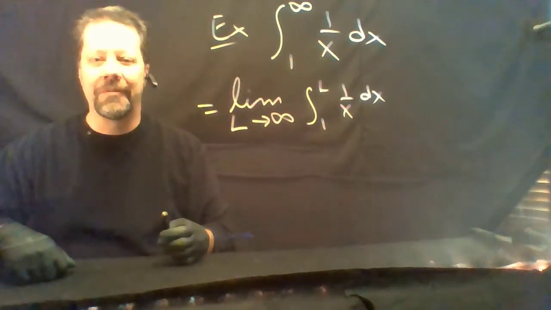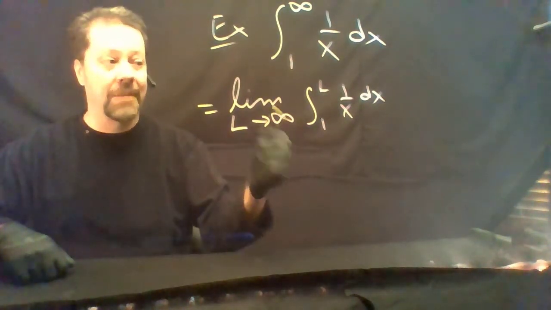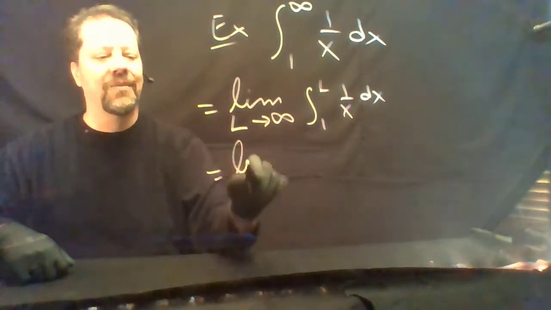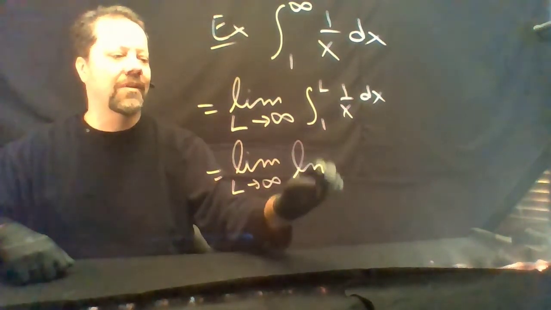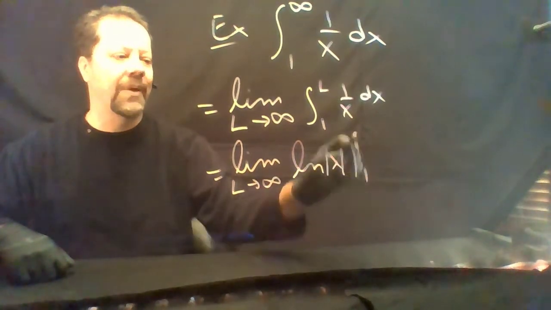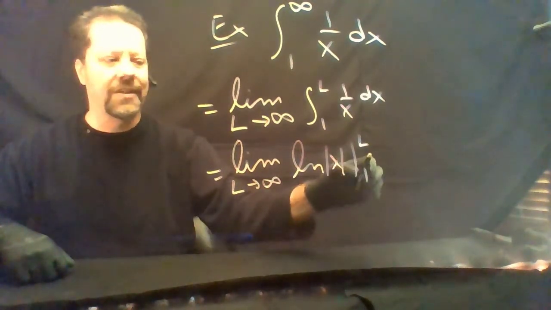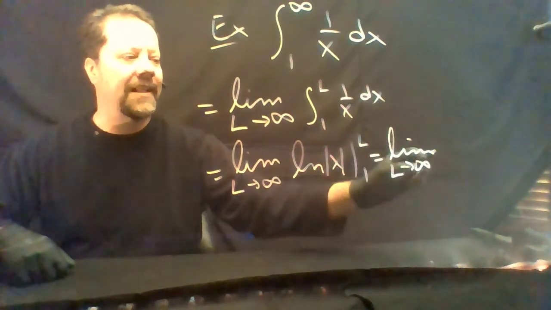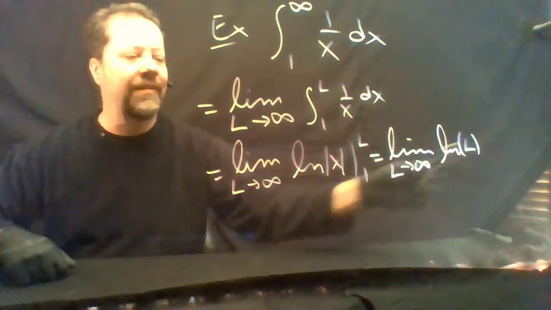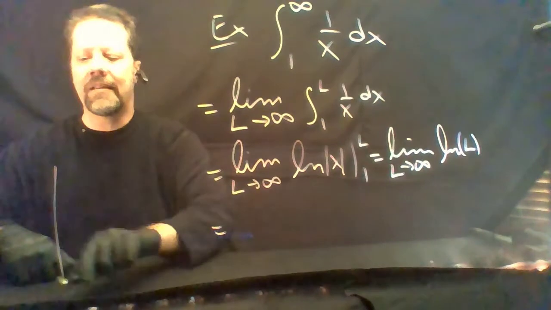Now the fundamental theorem of calculus is a perfectly legitimate thing to apply. We'll have the limit as L goes to infinity, natural log absolute value of x evaluated from 1 to L. The log of 1 is 0. We'll get the limit as L goes to infinity, natural log of L,